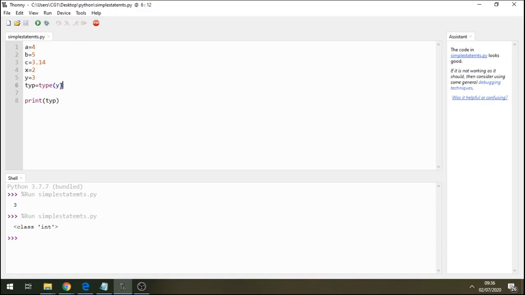Again, now we see here we have 3.14. This is a float. Now if I ask for the type of C there, type of C, and run this,